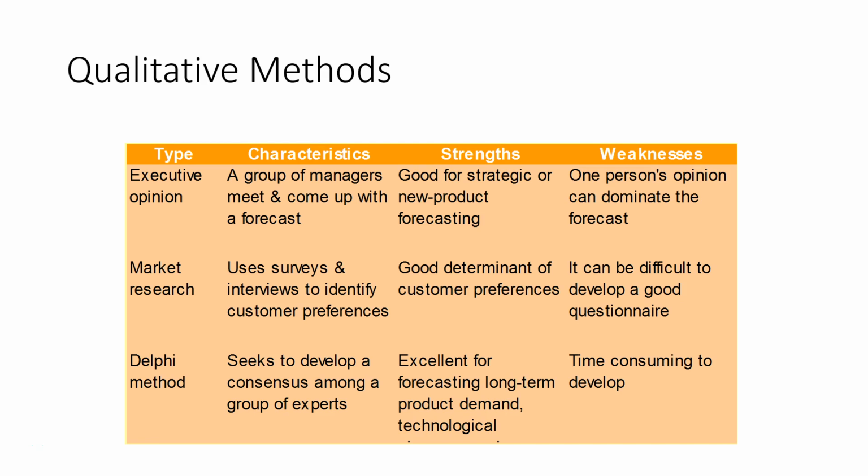Let's talk a little bit about the qualitative methods that we can use. Qualitative methods are things like executive opinion, over there on the left, market research, and the Delphi method. An executive opinion is basically a group of managers at a company or organization come together, and they meet and they make a forecast. It's good for strategic or new product forecasting when we really don't know what is going